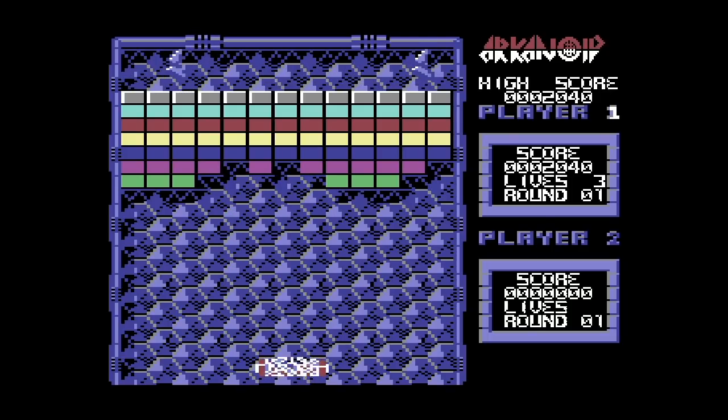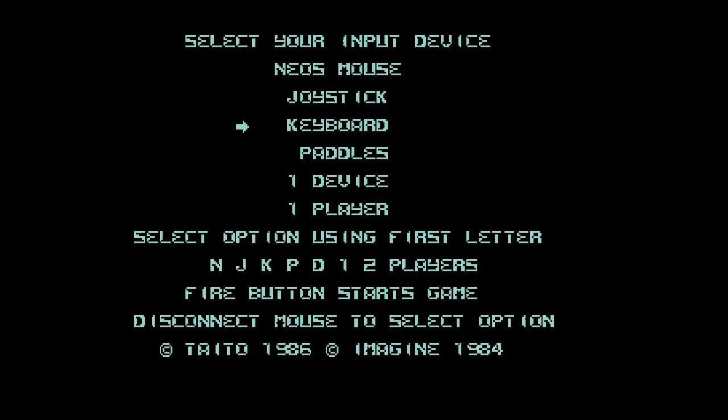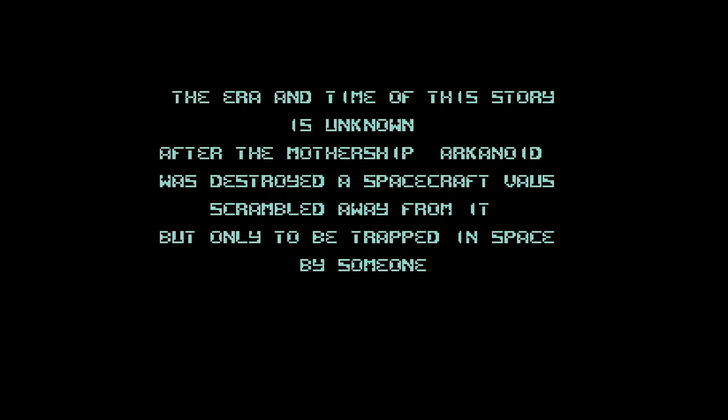The Commodore had a funny issue where it needed joysticks in certain ports, and this always emulates it in the wrong port. Now you can make an adjustment in the file name. You can put an attribute in the file name, and that'll actually tell the emulator to switch ports. That's probably why this isn't working properly. So if I now say keyboard and fire,